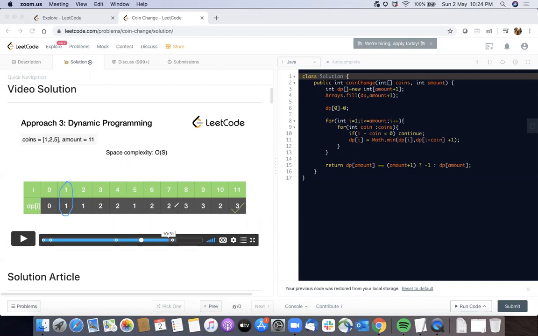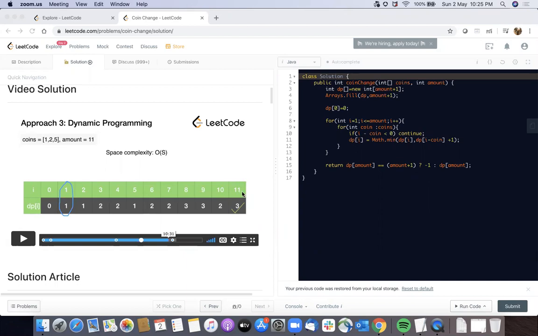As I told you in my previous lecture also, when we have to define something minimum, we will always initialize with the maximum value. We can either initialize it with Integer.MAX_VALUE, or simply take one more than the amount we have to make.